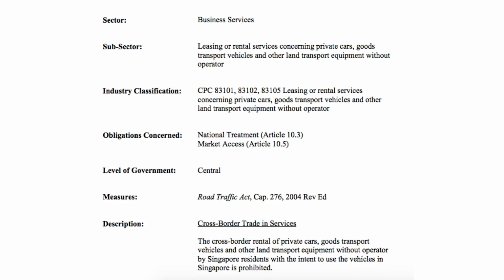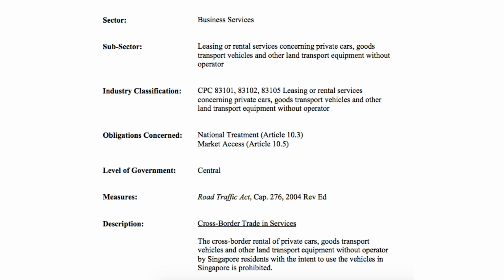Using Singapore's Annex 1 reservations as an example, we can see that each schedule entry sets out the following elements. First, we look at the sector, which refers to the sector for which the entry is made. In this case, the sector is business services. Then we look at the subsector, where referenced, which refers to the specific subsector for which the entry is made. In this case, the subsector is leasing or rental services concerning private cars, goods transport vehicles, and other land transport